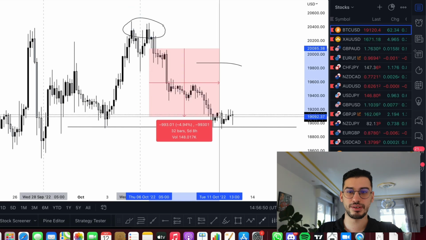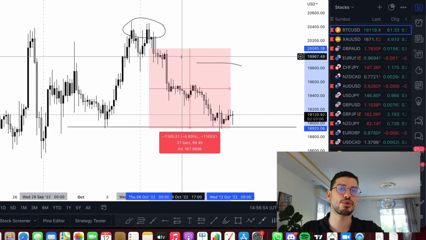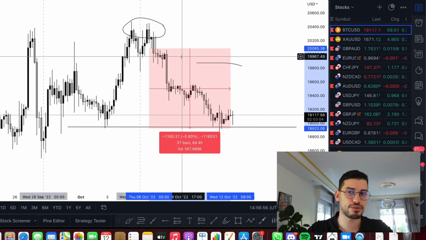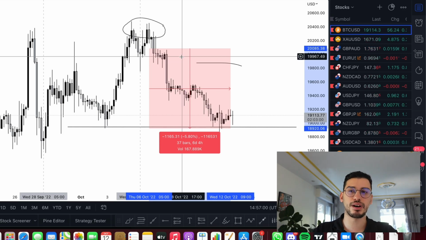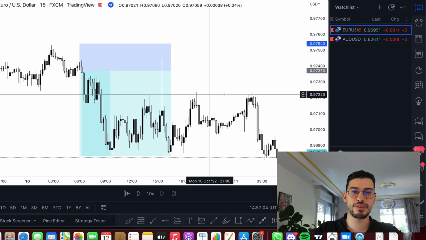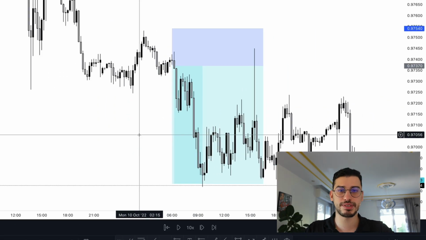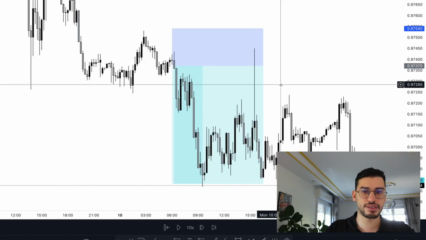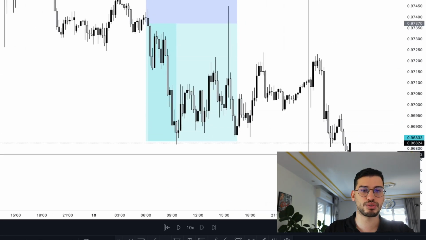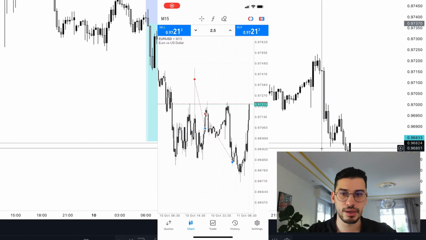to the downside here. Now, as Bitcoin started pushing through to the downside, we can imagine that EURUSD as well will start pushing through to the downside. AUDUSD will start pushing through to the downside. So basically, all pairs opposite to the USD will start pushing through to the downside. And this is why I've decided to sell EURUSD in the area that I've showed you that I'm selling. What happened is that the market wicked through my entry right here and then pushed through to the downside to trigger my take profits, as you'll see somewhere on the screen right now.